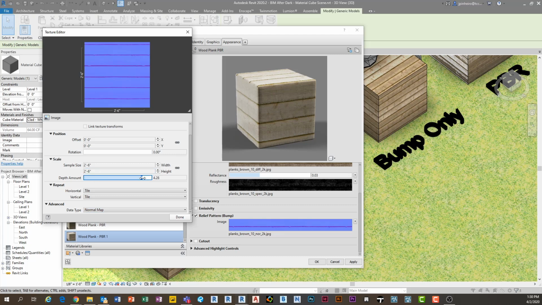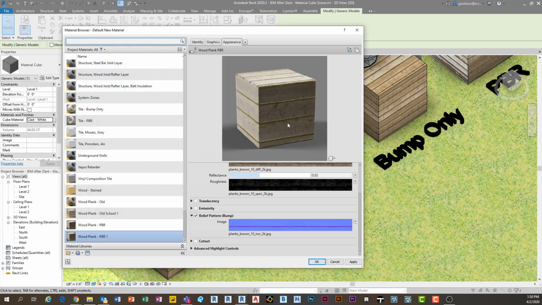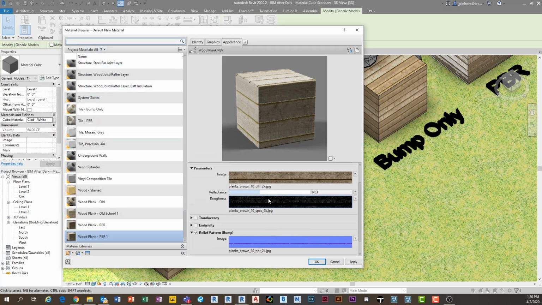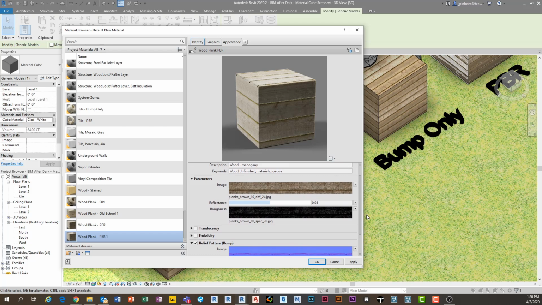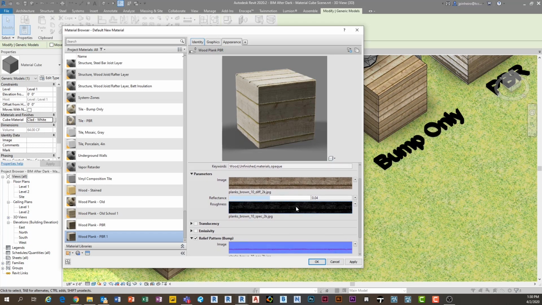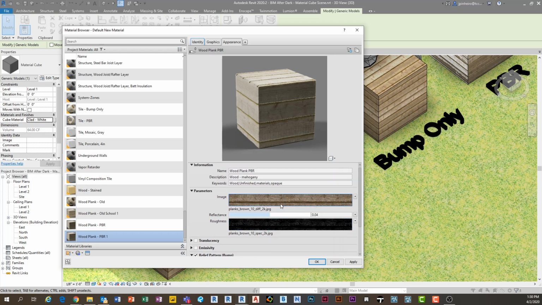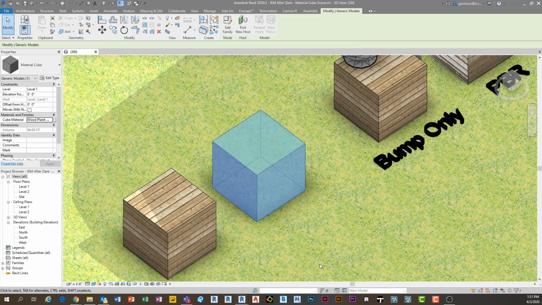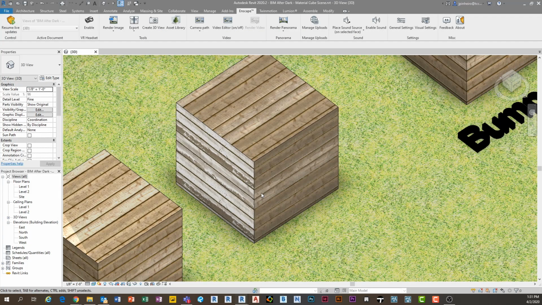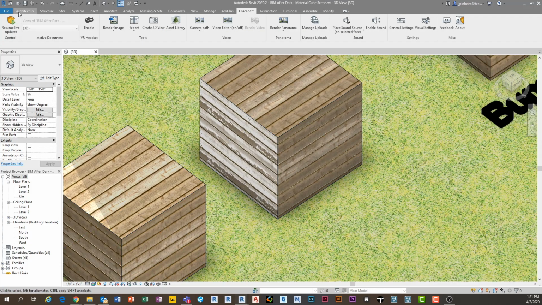And we can change the depth amount to whatever we want. So if I crank this way up, you could see it's really going crazy, and I'm just going to keep cranking it up for the sake of over exaggerating. So now I was able to use my specular map, my diffuse, which is really our texture, and then now I'm able to actually use a normal map by flipping that out. And now if I click close and apply, you'll notice this one's going to be extremely reflective. So let me jump back into